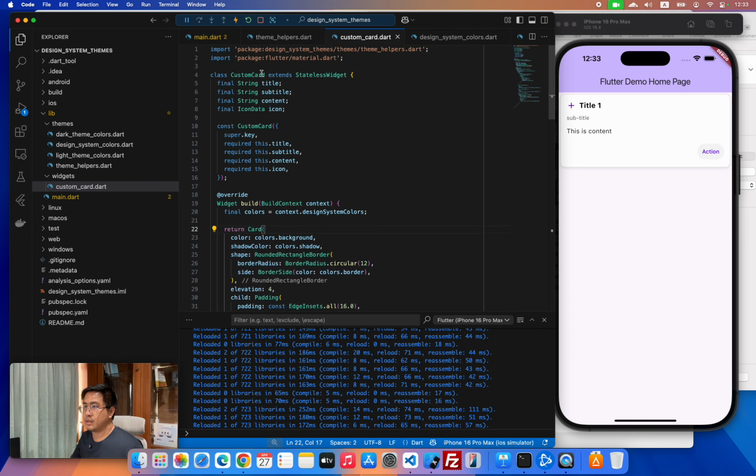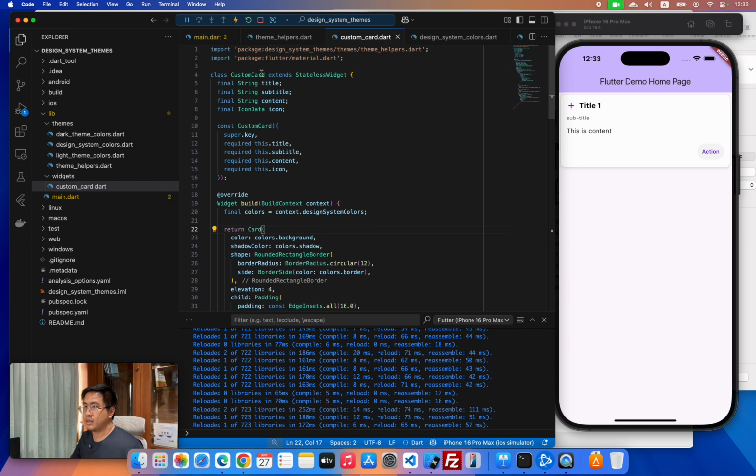Because the user has no access to change the theme here. So in the next part, we are going to implement how to handle dark and light theme mode state with Bloc, but actually it's a Cubit, a simple version of the Bloc. All right. For the Cubit, we need to add the